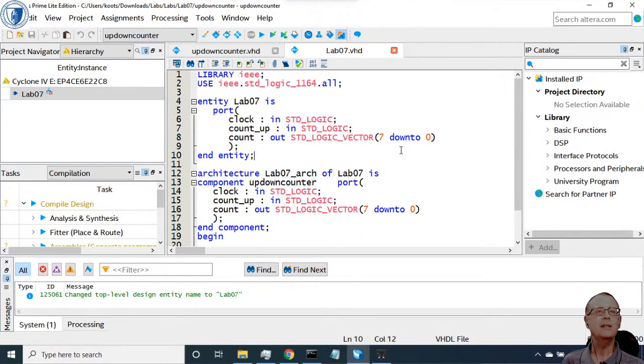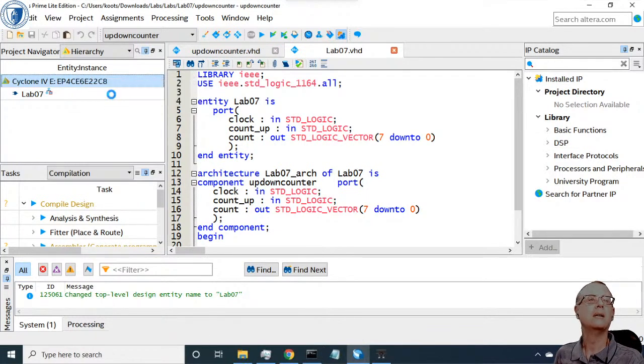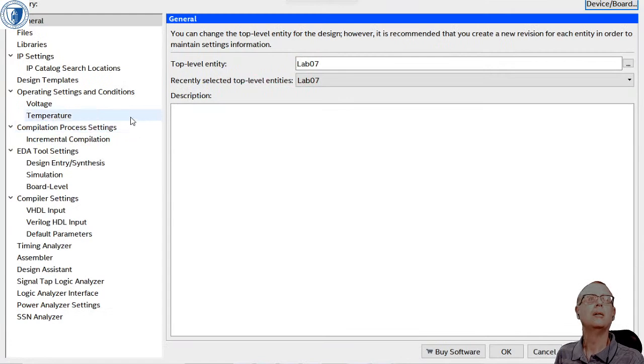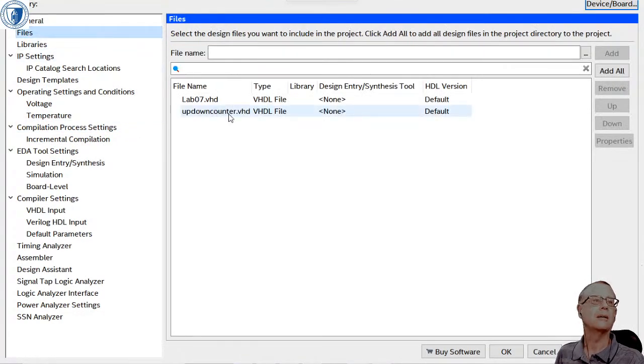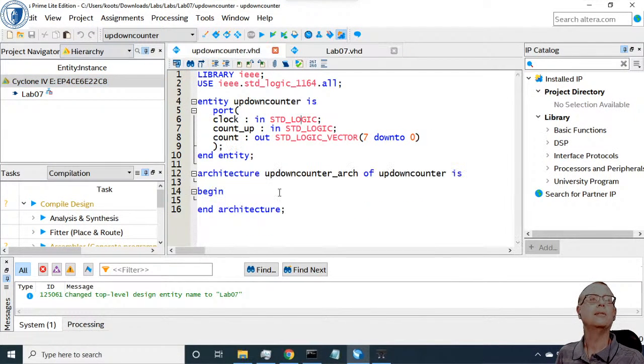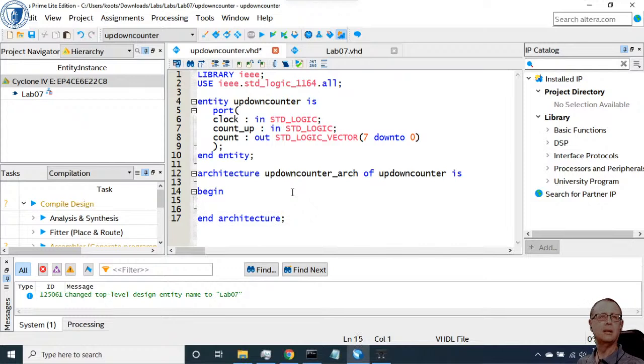And as I said, at the moment it doesn't do anything different. It just puts a shell around my up-down counter. And there's the up-down counter. Okay? So let's think about what we want to do in the actual up-down counter. Right, what we want to do probably is,